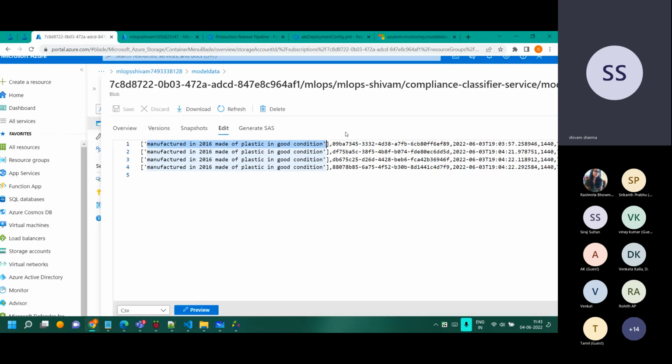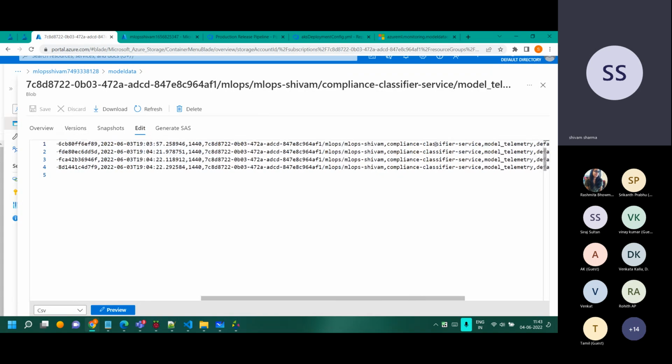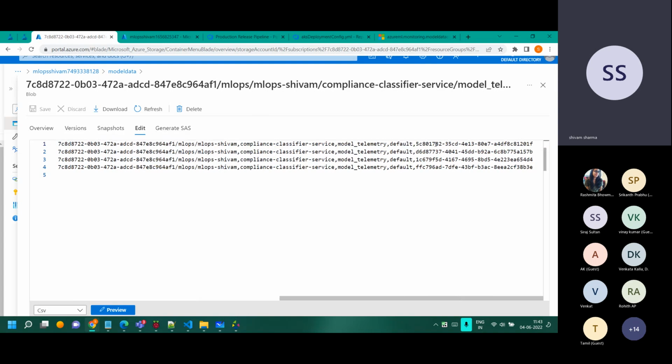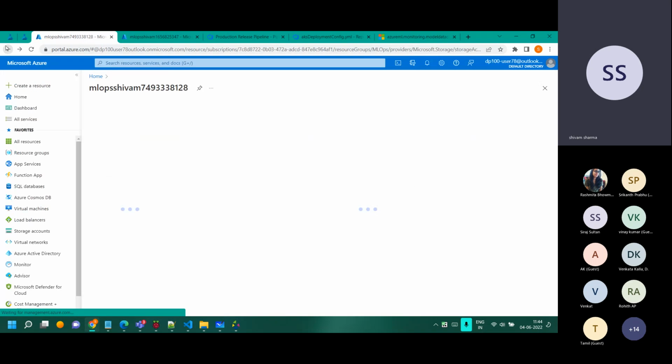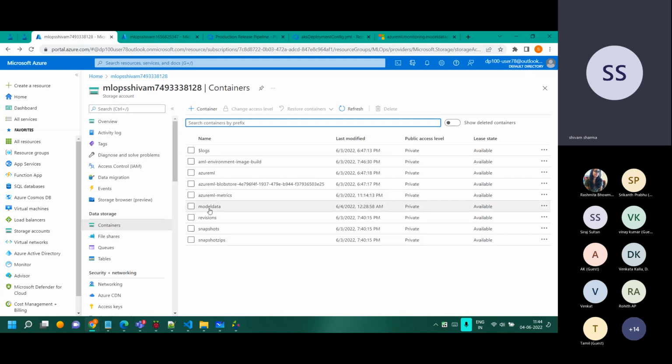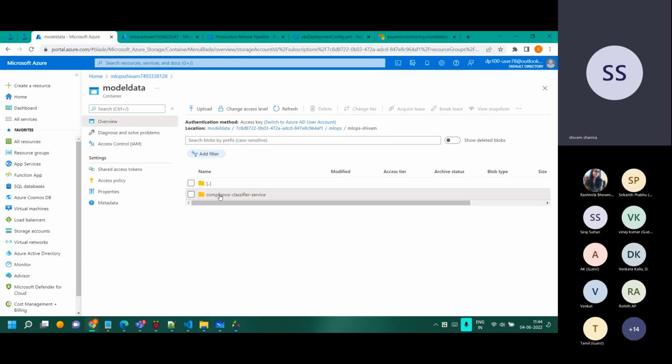The prediction is in a different folder. Here we have information about the classifier, like which model, what ID, and so forth. All that information is there. The prediction is here in the previous folder. If you want it to be in the same folder, you can just make it. I'll just go one page back. Let me see. Okay, it went all the way back. So the predictions are in the other one.